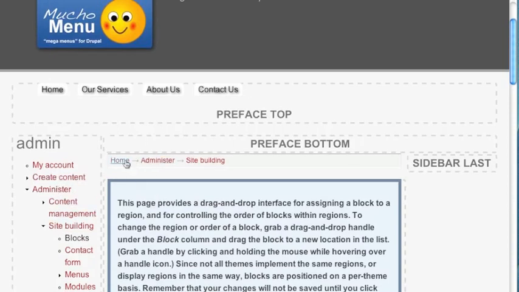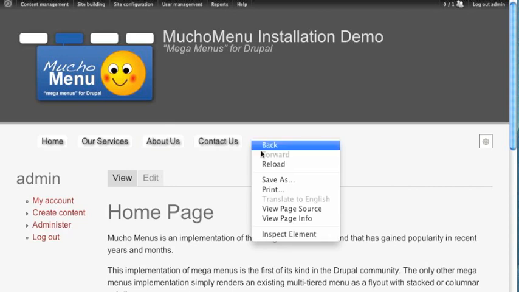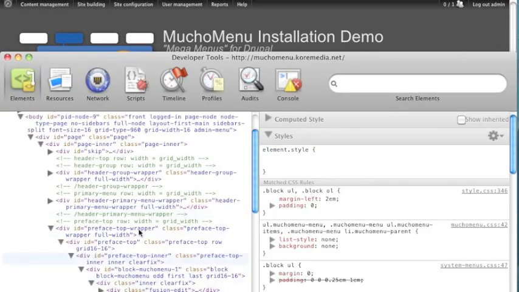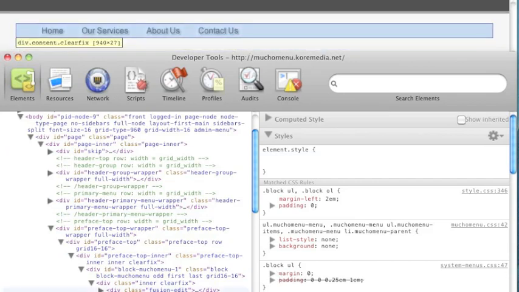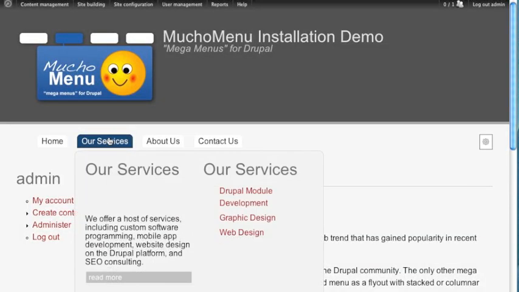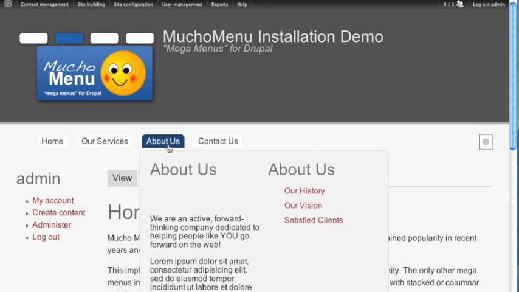Okay, so let's go to a page that looks normal, not the blocks page. Alright, so I have this menu across the top. Now it's not really doing anything. Part of the reason for this is the Acquia Prosper theme sets the region overflow attribute to hidden. So I'm in Google Chrome here, and I right-clicked and I did Inspect Element, and I'm going to walk up the. This is what it looks like here, without a whole lot of theming,